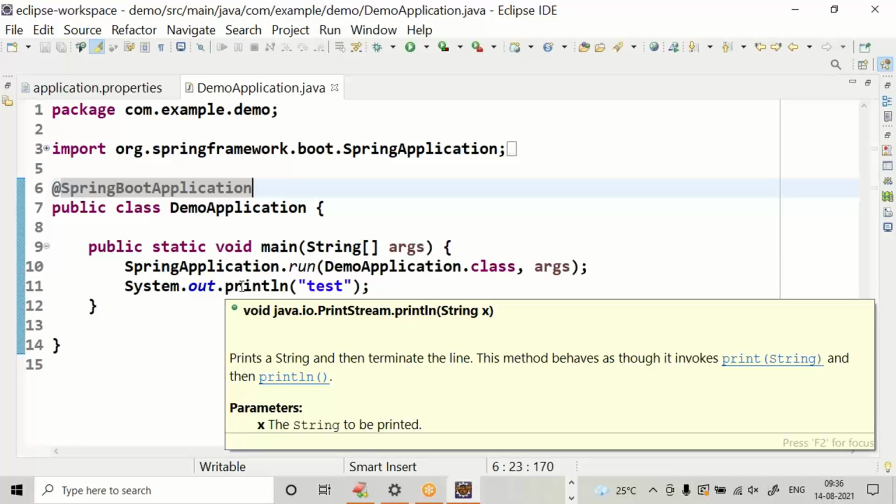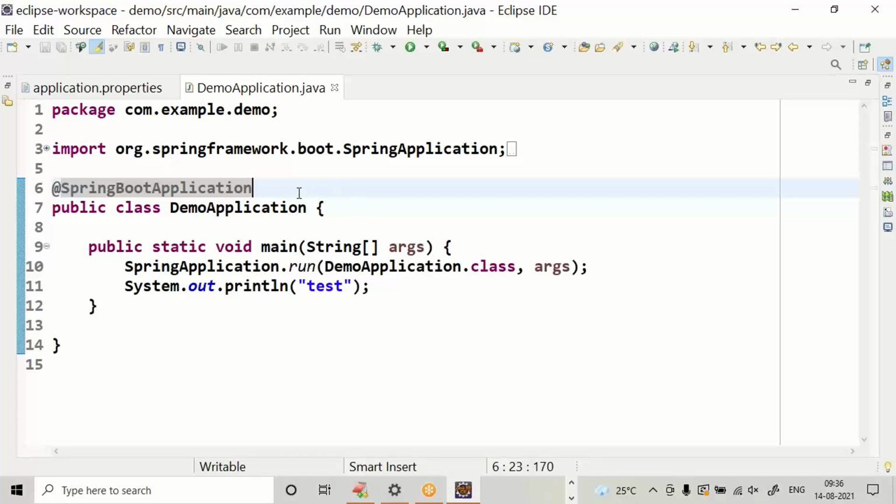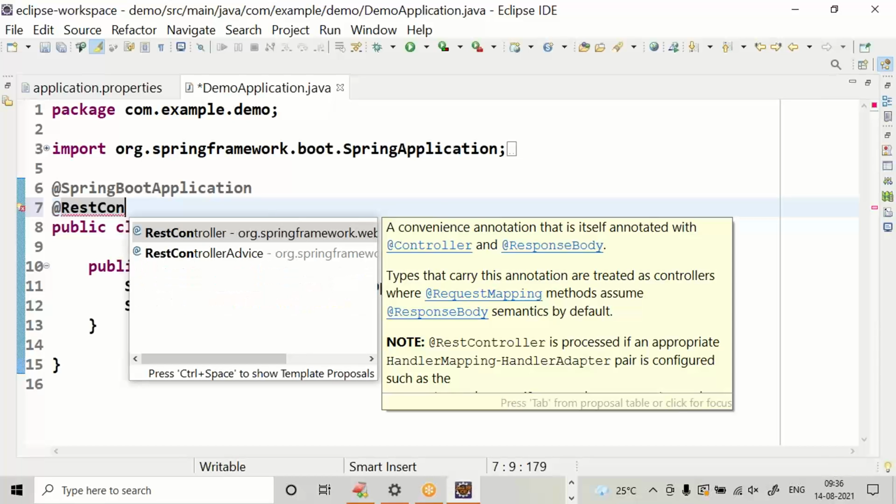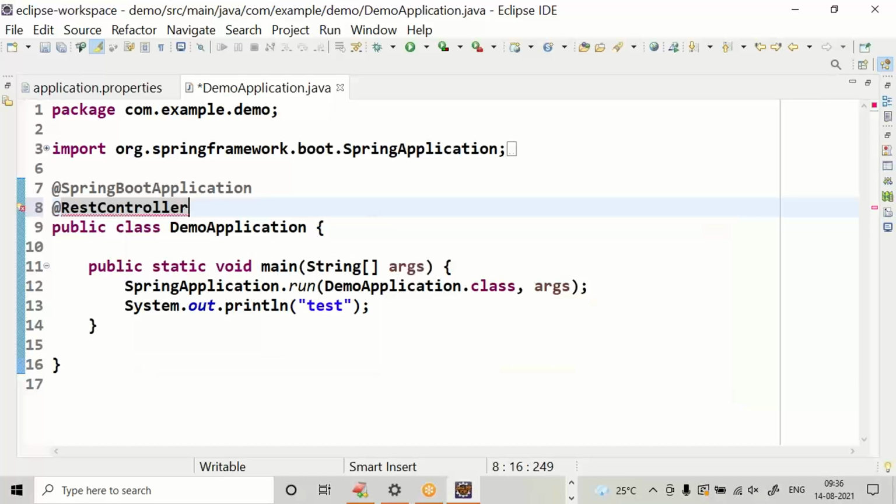To develop the REST API, first and foremost, you need to declare it as a REST controller. @RestController, Control space bar.